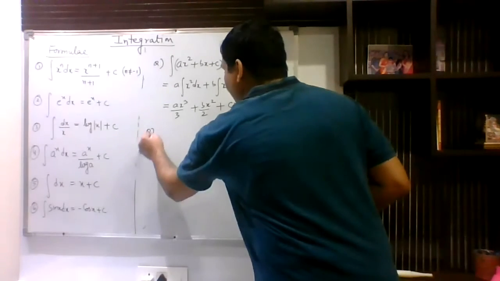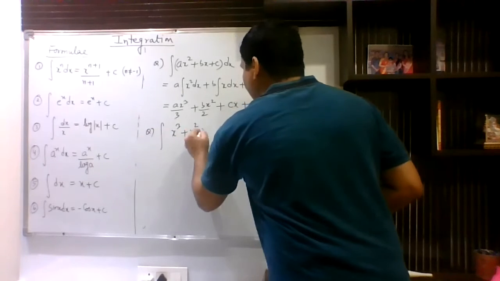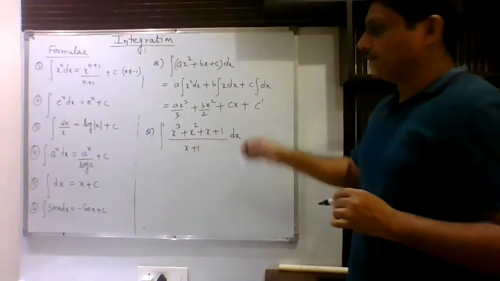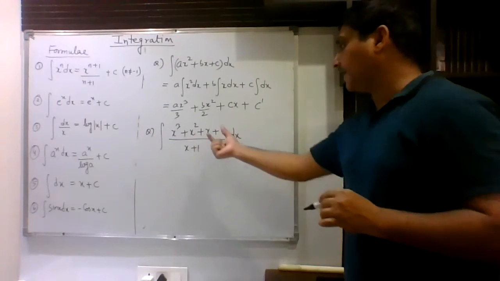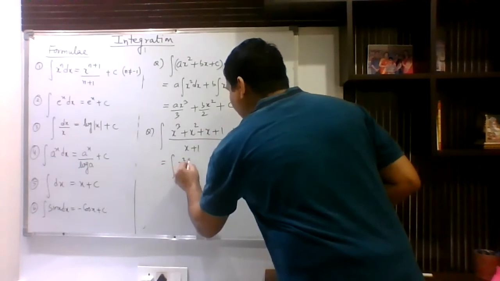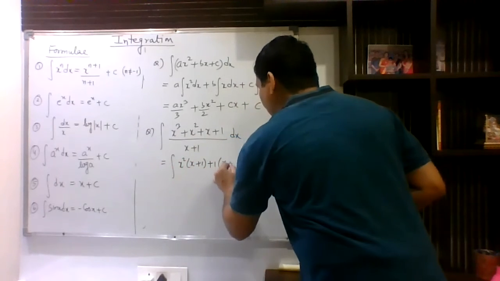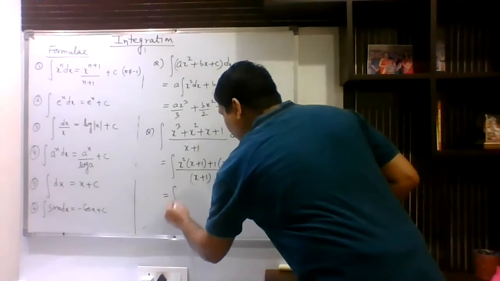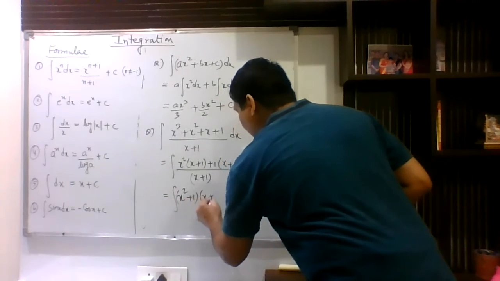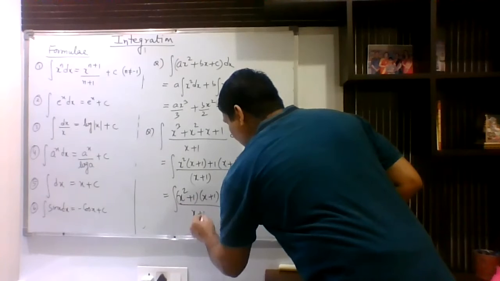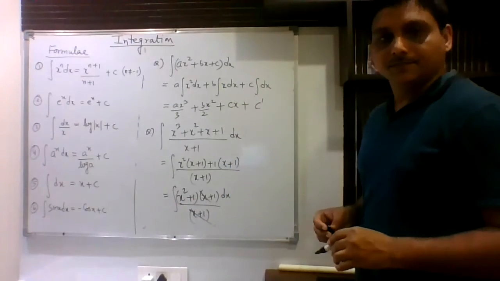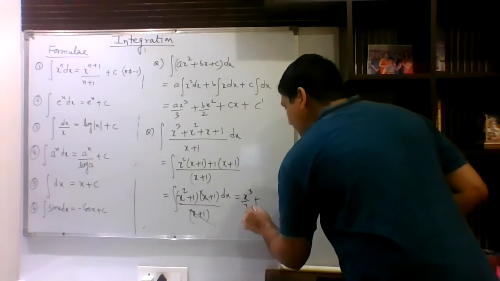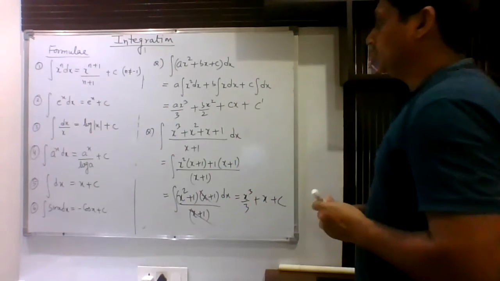Okay, next example is x cube plus x square plus x plus 1. So we want to integrate. So first of all, you will factorize this numerator. So numerator can be written as x square common from the first two terms. So this is how we can write it. So further, you can write this as x square plus 1 into x plus 1 upon x plus 1. So x plus 1 and x plus 1 will cancel out. So detach the expression and just integrate. So finally, you will get this as x to the power 3 upon 3 plus x plus c. This will be your final answer.